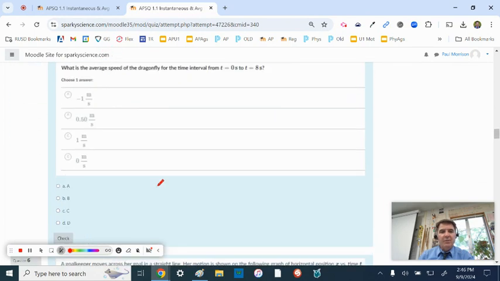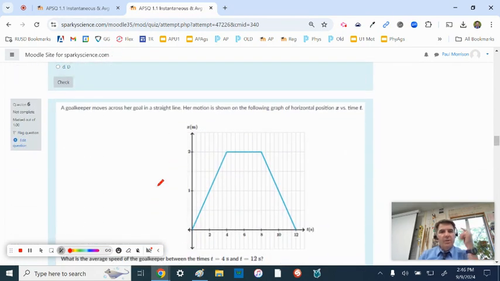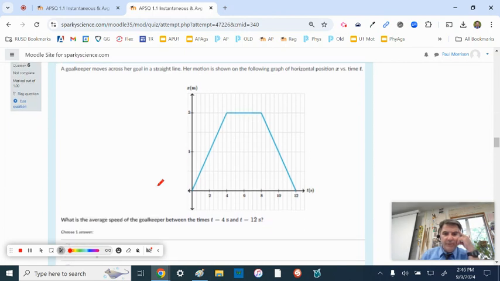And it's positive. 8 over 8 is 1. Goalkeeper moves across a goal in a straight line, 4 to 12 seconds. Okay, this is a good one. Average speed, you're here, and then you're here. So once again, the average speed is not going to be negative, but it will be